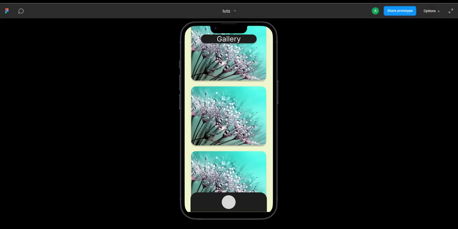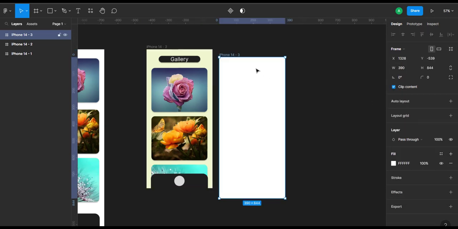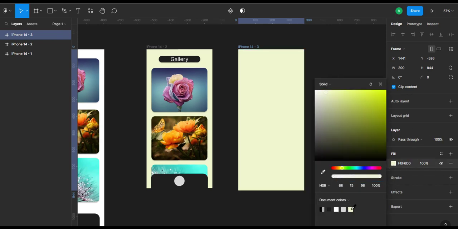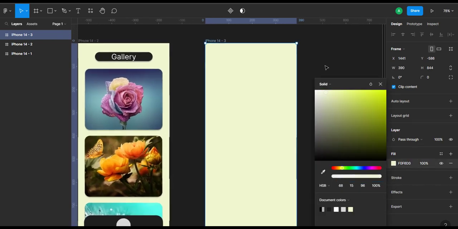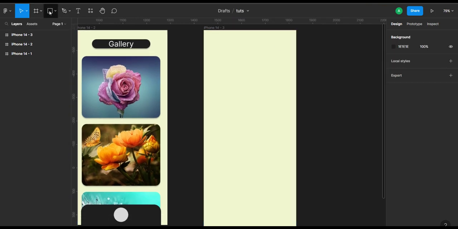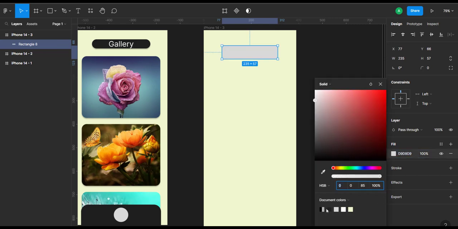So that said, I'm going to Figma. I'll click on frame. I'll select iPhone 14. You can choose any of your choice. Then let me give it a background color. Zoom in a bit. Then I'm going to draw a rectangle. First, let's draw something here. Okay, give it a black color. You can decide to round it, but